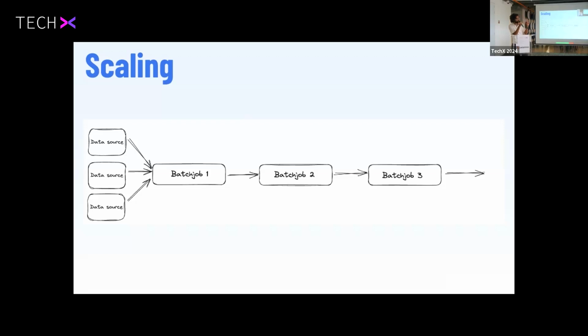Talking about how the entire data pipeline looked, it was something like this. We would have multiple data sources. Each batch job was an individual batch job. The first batch job would do data cleaning. If the satellite image does not have a lake in it, just remove that satellite image. We don't want to process it further. But if it has, send it to the second pipeline. If the second pipeline evaluates something and it becomes true, send it to the third pipeline. The third pipeline evaluates something, send it to the fourth pipeline, right? And there are n number of pipelines, one after the other, which eventually dump your data into the database. That's how the entire data pipeline looked.